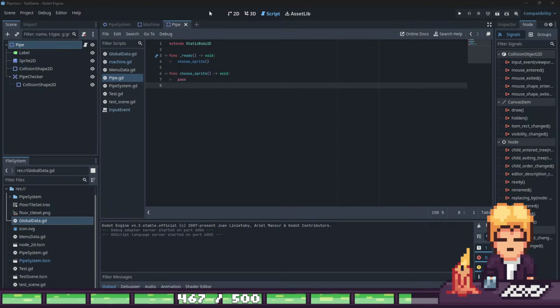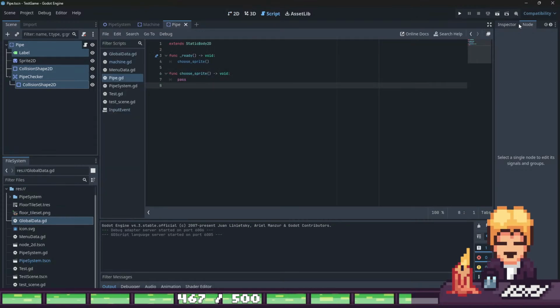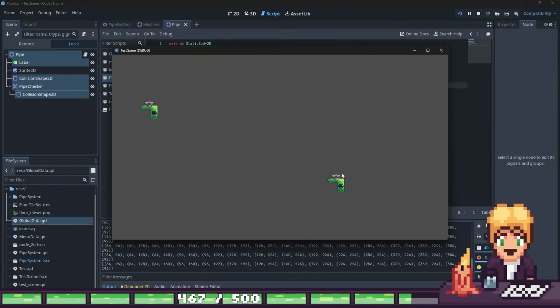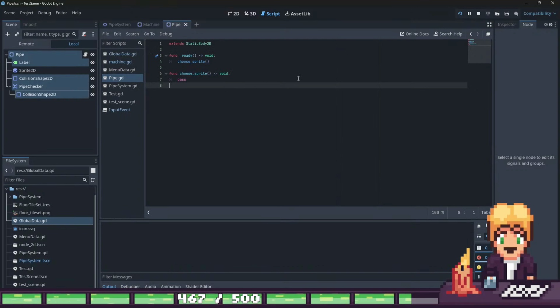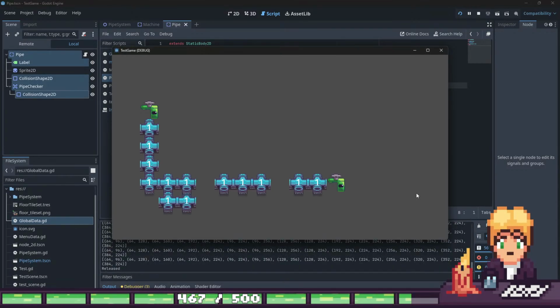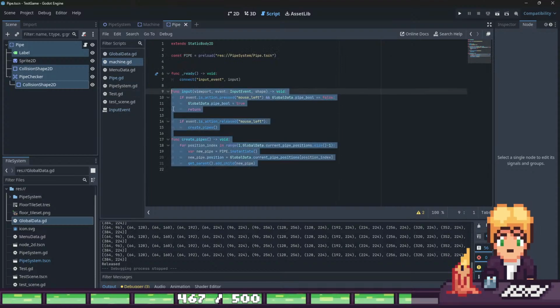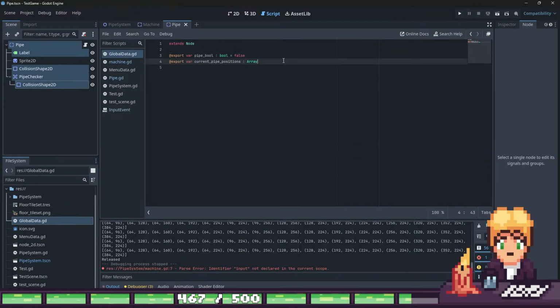Okay, let's go. Yesterday I was thinking what was the best way for placing pipes. And I had this idea of this here. But as you can see here, this could lead to problems. It will also not work when you don't have enough pipes in your inventory. So I will make a new function, which is